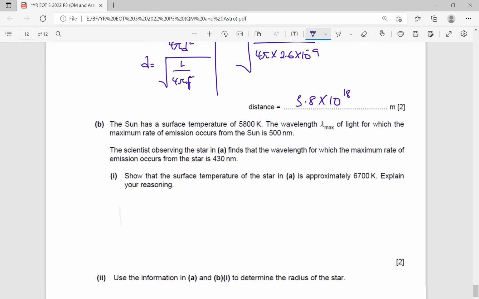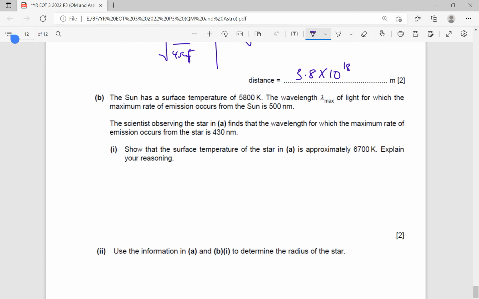Next, the sun has a surface temperature, and the wavelength of the light for which the maximum rate of emission occurs is given. The scientist observing the star in A finds that the wavelength for which the maximum rate of emission occurs is given. Show that the surface temperature of the star in A is approximately